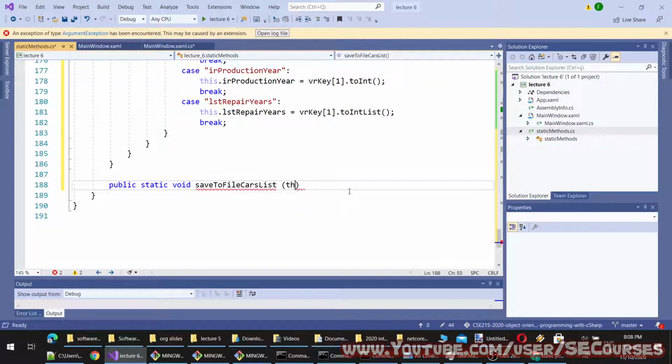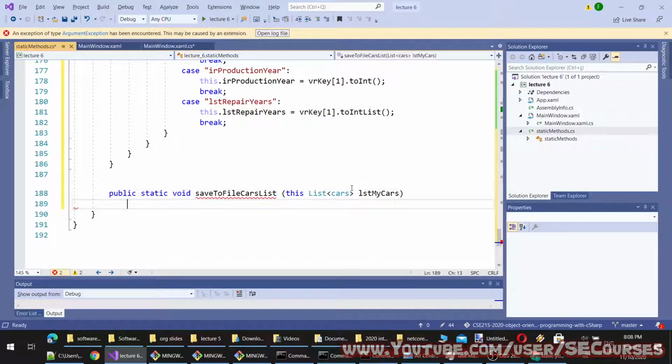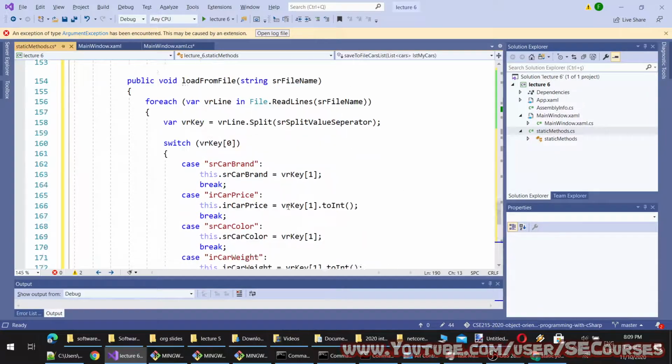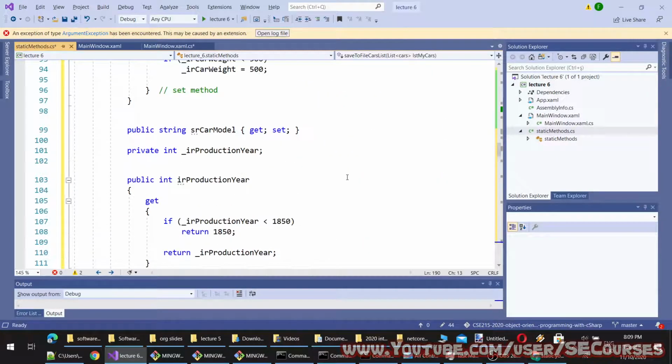It will take this list cars. So this will be an extension to list of cars. And what will this do? This is going to save each car to the text file.